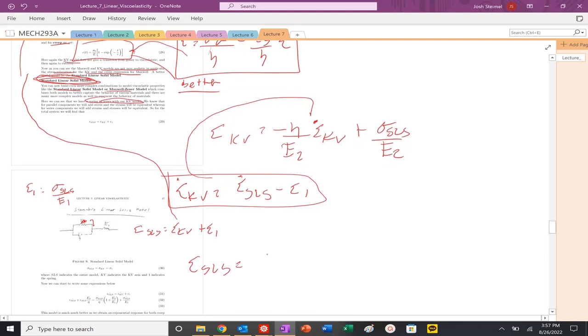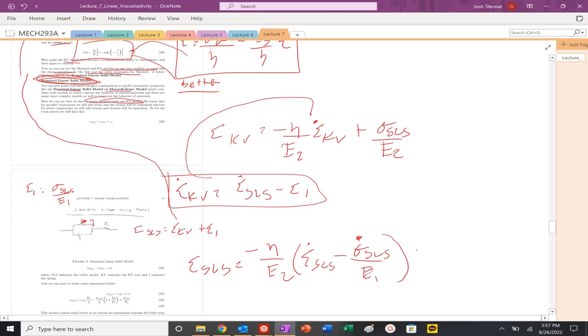So for our strain of SLS, we substitute in epsilon KV, which is epsilon dot SLS minus epsilon dot 1, which is sigma SLS divided by E1. Plus, again, we add on plus sigma SLS